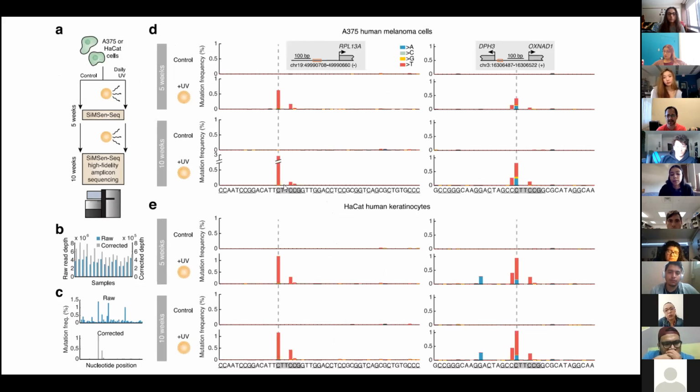sequence. So that demonstrates that if you expose the cells to UV, instead of having DNA mutations all along the genome, there may be some regions that are more prone or more susceptible to